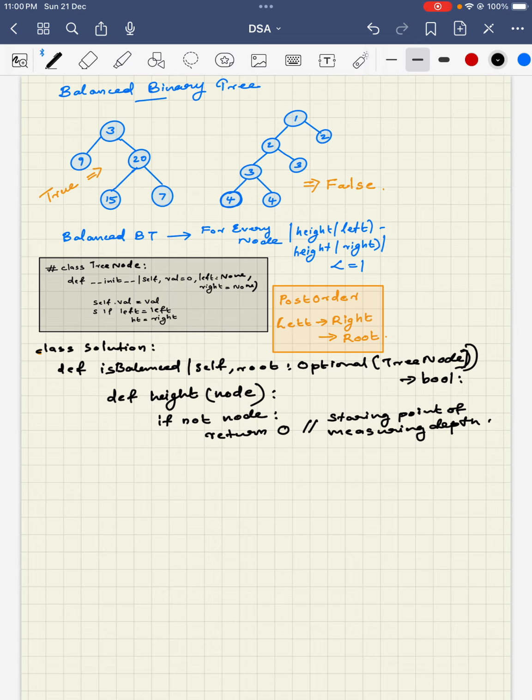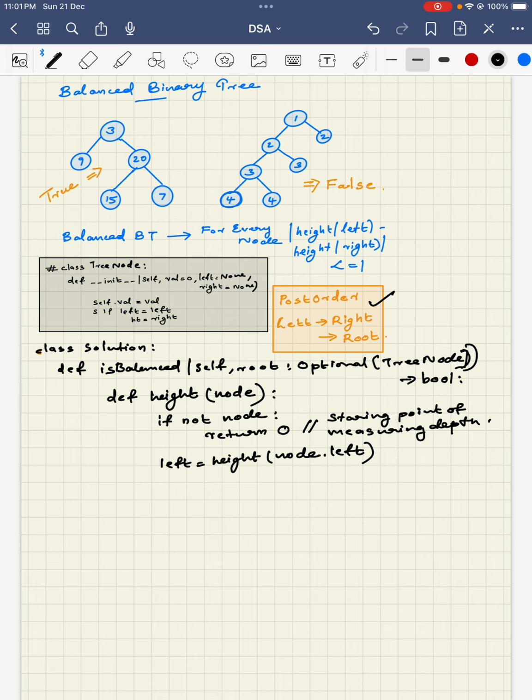Okay, we have seen the depth of a binary tree in a previous problem, so we can intuitively understand what exactly we are doing. Let's go as much as we can go towards the left, keeping in mind the post order traversal. So left equals height of node dot left. This will take us as far left as possible, and we are going to use